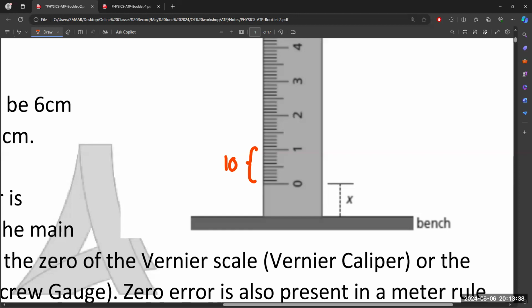0.1, right? Because you know there are 10 divisions between 0 and 1. It means one division is equal to 0.1, right? And let's suppose you are taking a reading from the ruler or from the measuring tape, like